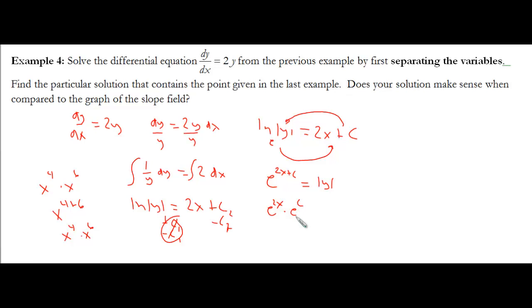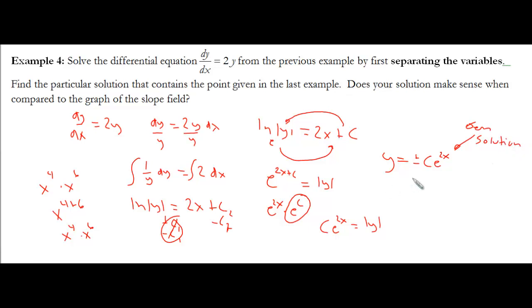Now, e, we know, is nothing but a number. That's 2.718. So if you're raising a number, 2.718, to a constant, guess what? That is going to combine into one big constant. So you're going to have c e to the 2x equals the absolute value of y. And I will take off the absolute value, and essentially our general solution is going to be plus or minus c e to the 2x. This is called a general solution. General solution has a c in it,